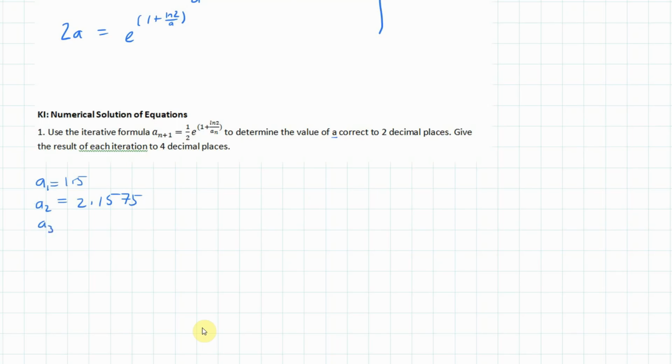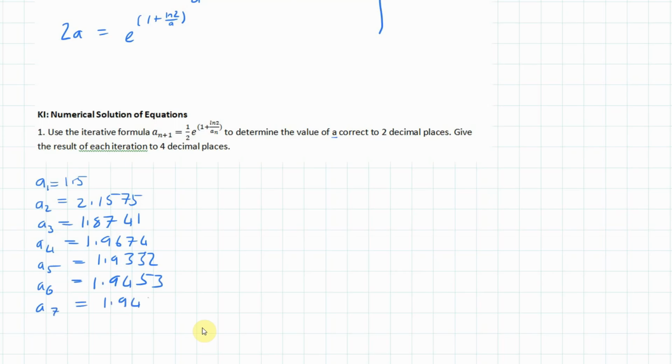a3 equals 1.8741, a4 equals 1.9674, a5 equals 1.9332, a6 equals 1.9453, a7 equals 1.9409, oops, that's a 9, a8 equals 1.9425,